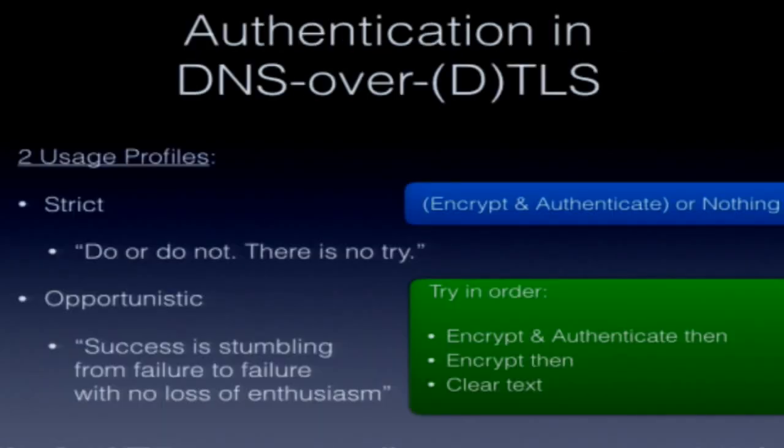Okay, so having done some work on that, we now move on to authentication. The work that's going through DPRIVE at the moment has attempted to present two profiles in order to clarify to users what security they can expect when they use one of these two profiles, because this is kind of a new idea to DNS users. So at the moment, what's specified are two profiles, strict and opportunistic.